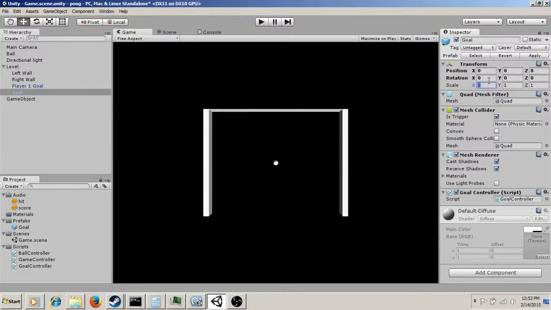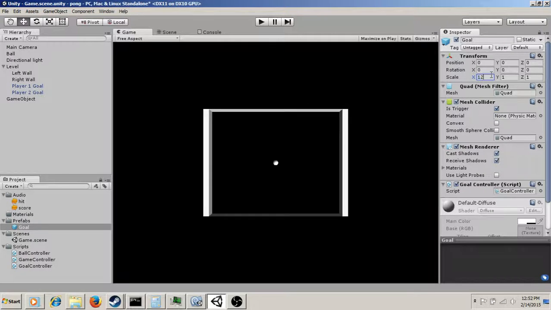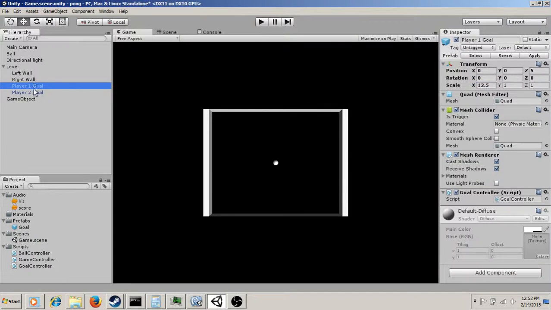So what we can do is we can simply go to the Y here. That was 12.5. Let's set this down to a negative, I think it was 5, was it? Negative 5 down here. And then we're going to go around the Y-axis and we're going to rotate this. Call this guy player 2 goal. Let me just go down here and make sure everything's sized correctly. Okay, so that's pretty much it for